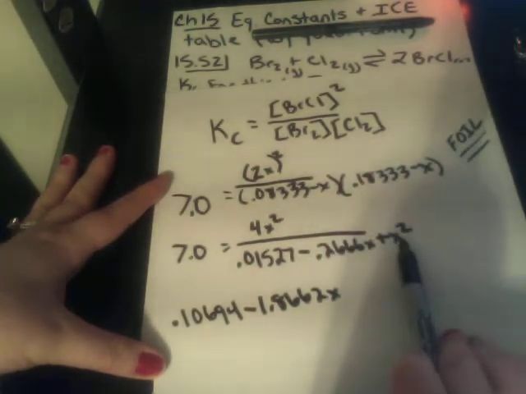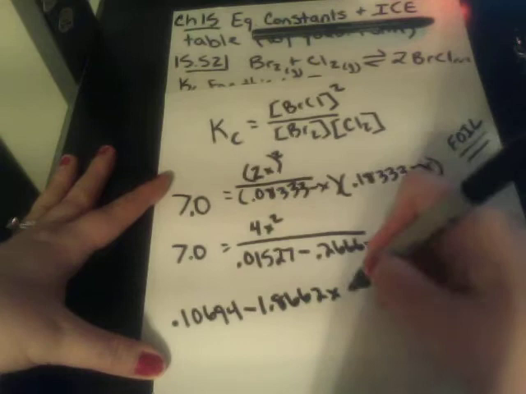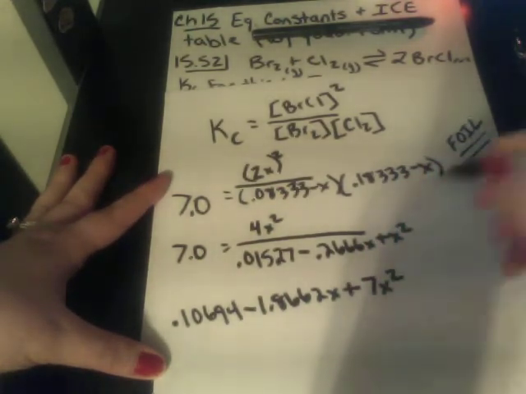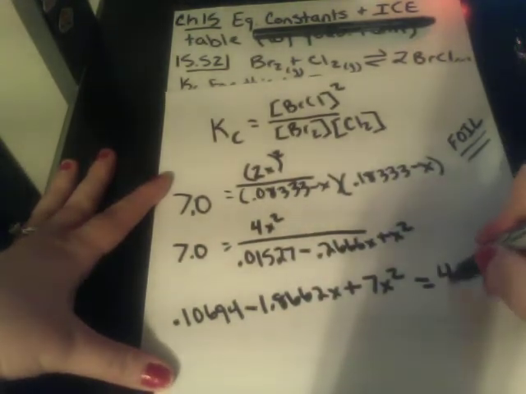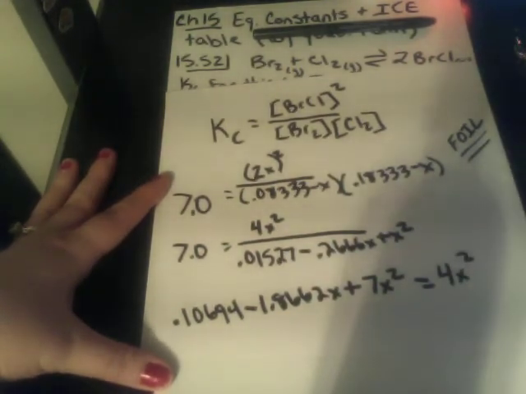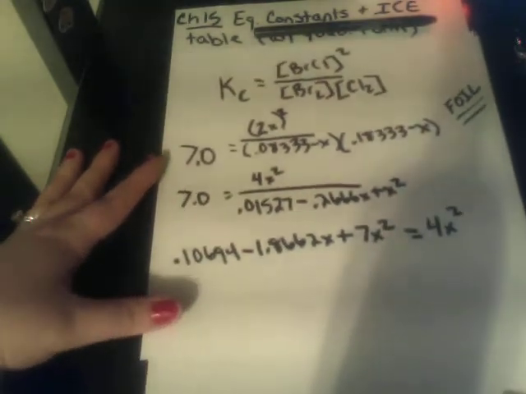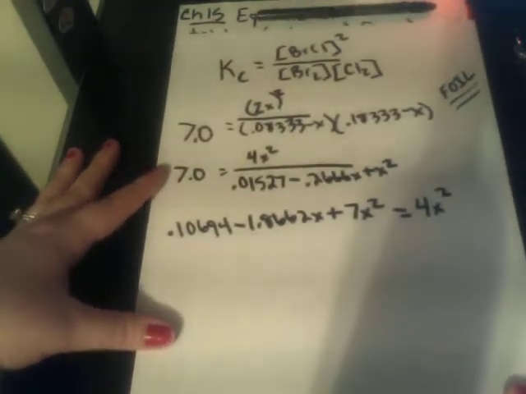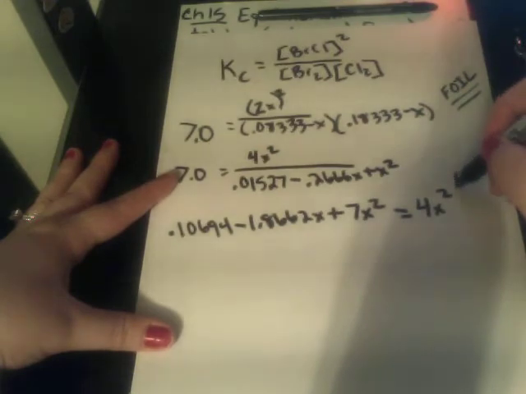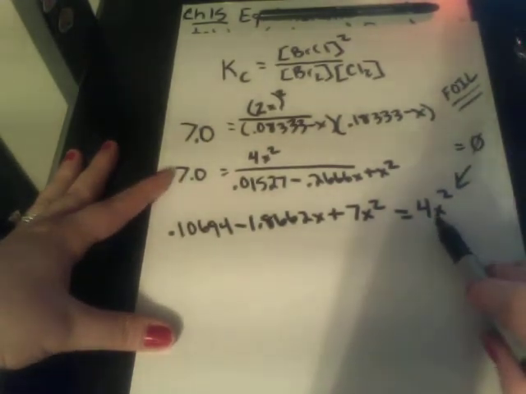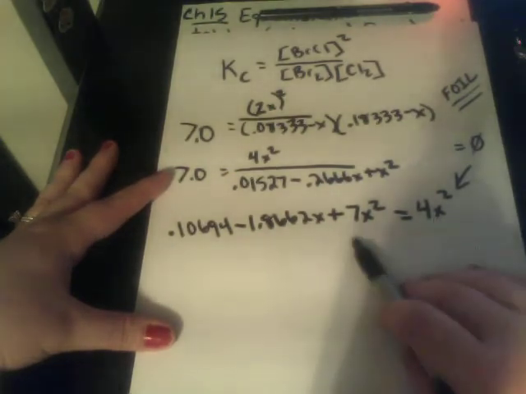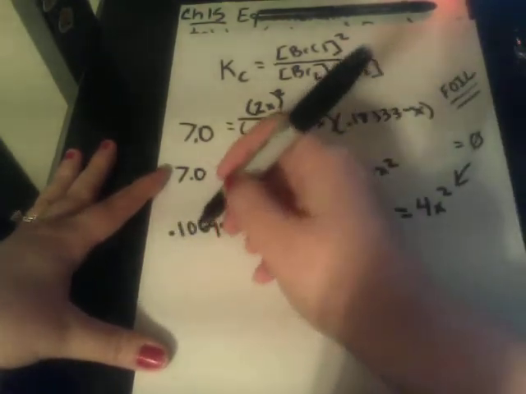And then x squared times 7 is just 7x squared. And all that is equal to 4x squared. So if we remember back in the day when we were using our quadratic formula, you have to get this side to equal 0. It needs to equal 0. So in order to do that, we're going to have to minus 4x squared. So it's going to be